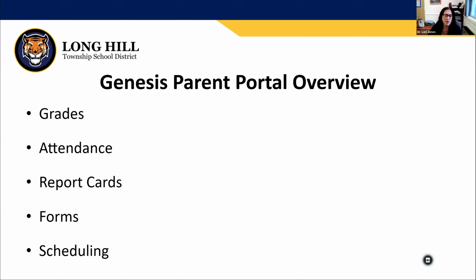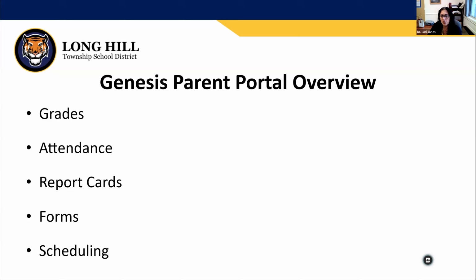So it will tell you the amount of credits for the marking period, who the teacher was, just a review of your child's complete schedule with grades. Underneath that grading tab is current grades. So you can click on the current grades and it will pull up under a drop down each subject that you click on if you want to view your child's current grades for the marking period to see any missed assignments